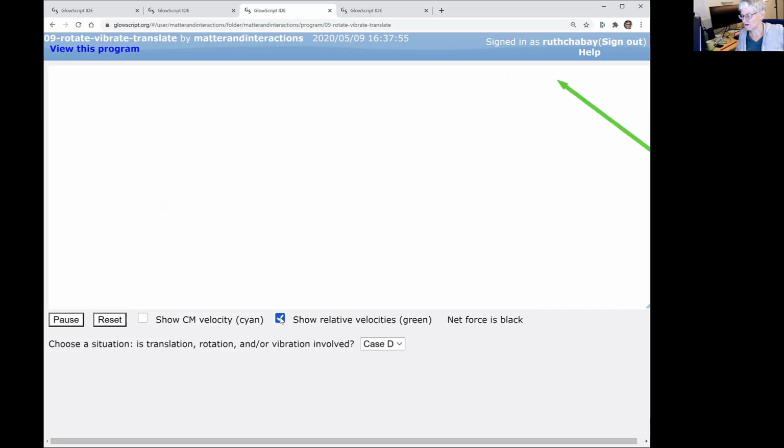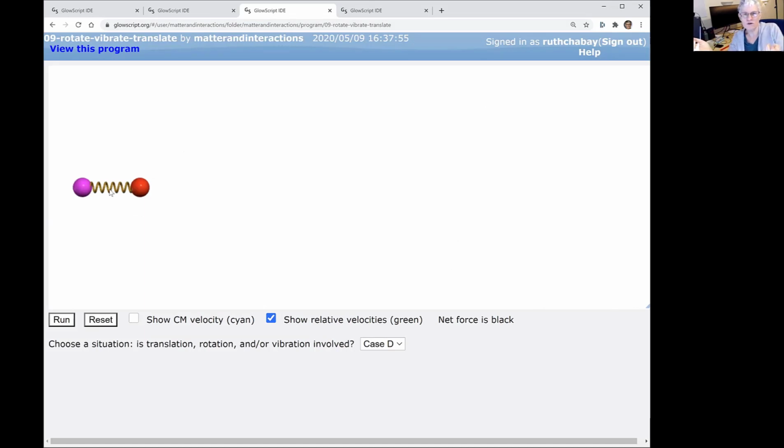Can the center of mass be a vector? Center of mass is a vector. It's defined as a position vector relative to some origin that we have to specify. So if we put the origin just to the left of this magenta ball, where my cursor is right now,